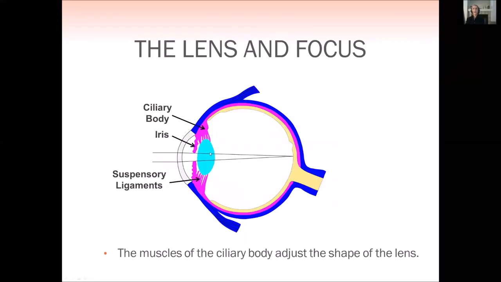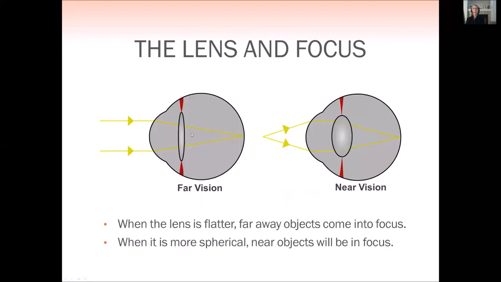The way it works is that the ciliary body contains some little muscles. The lens is attached to the ciliary body with these suspensory ligaments, and those muscles of the ciliary body will adjust the shape of the lens. When the lens is flatter, objects that are far away will be focused on the retina. When the lens is more spherical in shape, objects that are nearby will be focused on the back of the